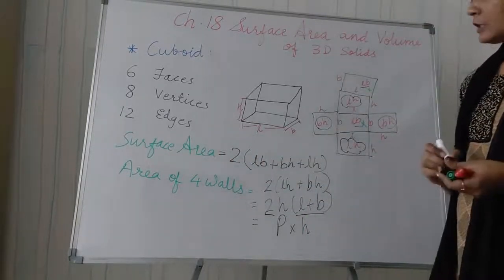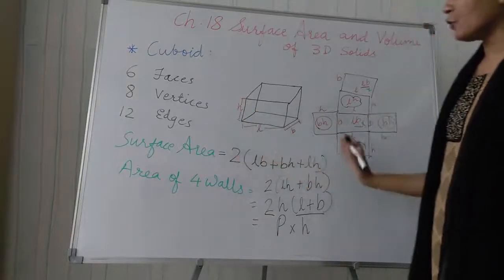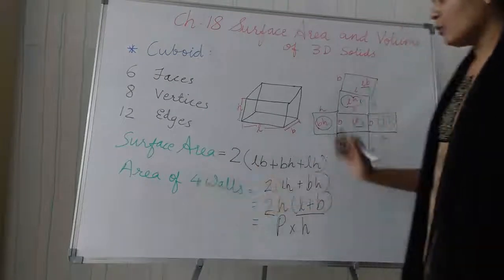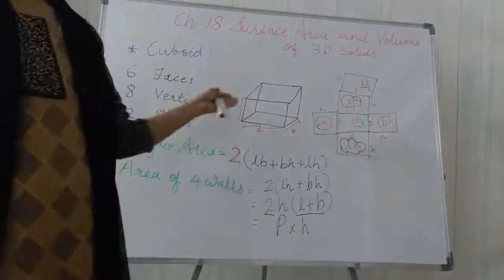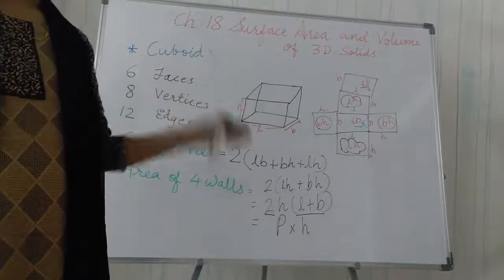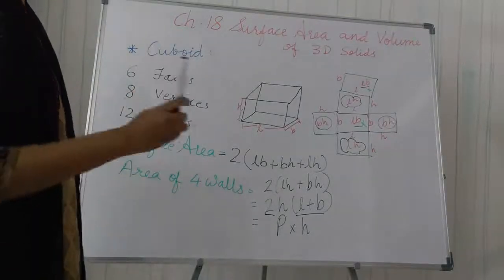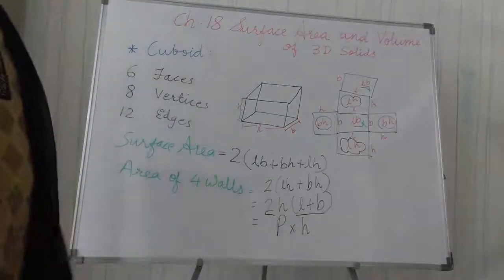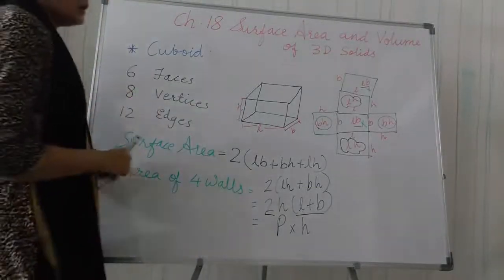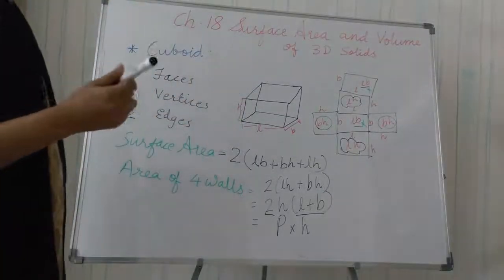So students, now I think it is very clear to you how to find total surface area of cuboid and area of 4 walls. Now students, if directly a question comes that there is a box which is cuboidal shape, and a rod has to be fitted inside it, which rod will cover the longest distance? That is diagonal. You see which side is known as diagonal.